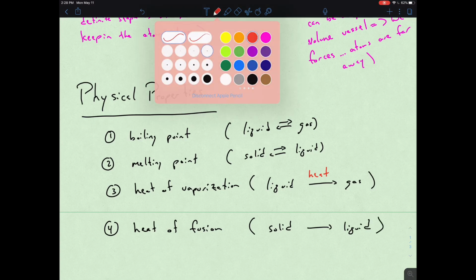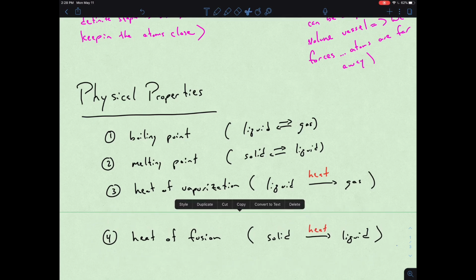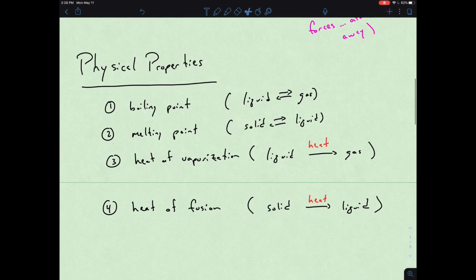Again, we have to apply heat for that process. Very similar in notion to melting point and boiling point, but melting point and boiling point is actually a temperature, while heat of vaporization and heat of fusion is actually a heat. I know we're kind of on the outskirts of knowing about heat just yet, but